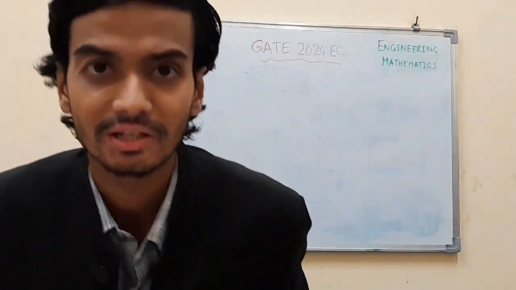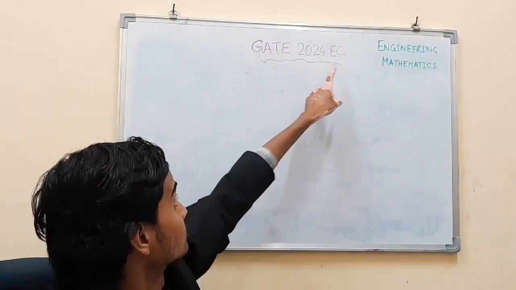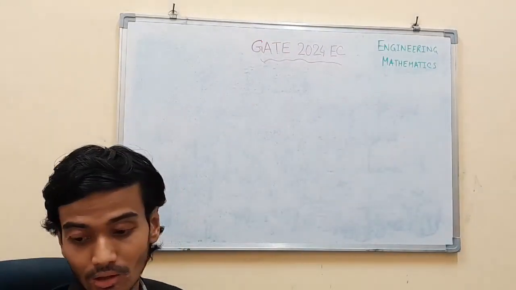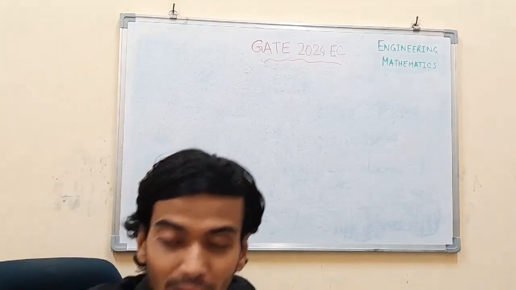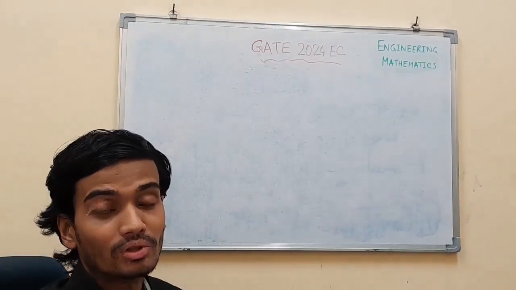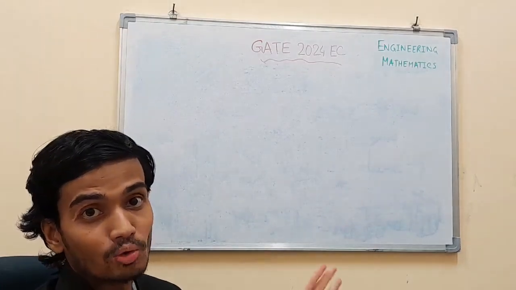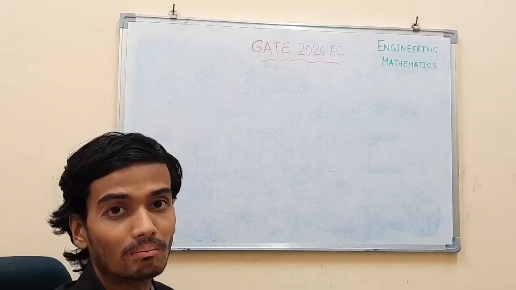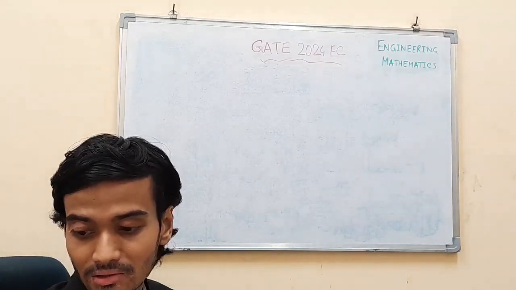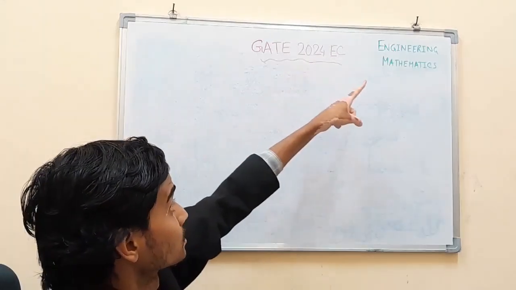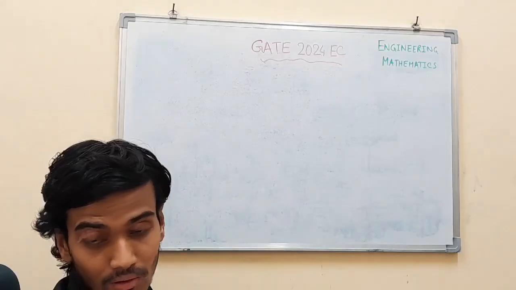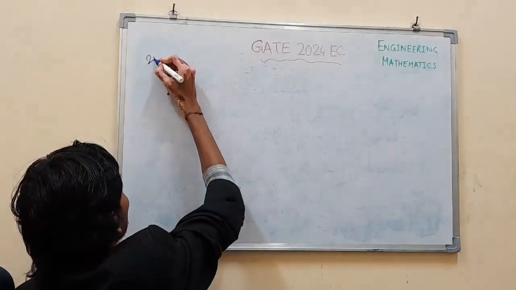Moving on to the next question in this GATE 2024 EC solutions from subject engineering mathematics. This is a question of 2 marks, MSQ or multiple select type question, that is, it can contain more than one correct answer. Question 54 in the master question paper of GATE 2024 EC from subject engineering mathematics is as follows: 2 marks,